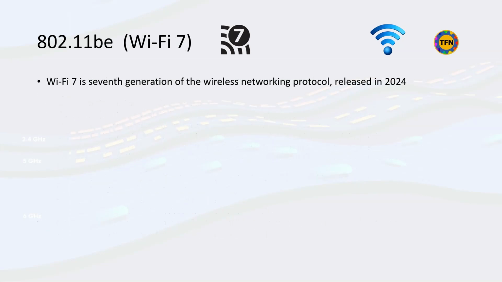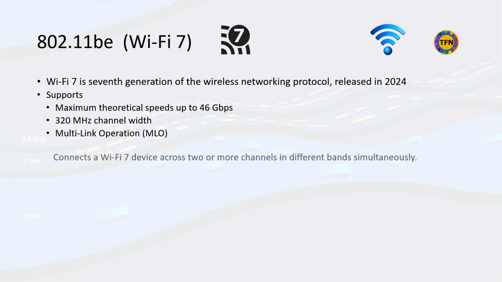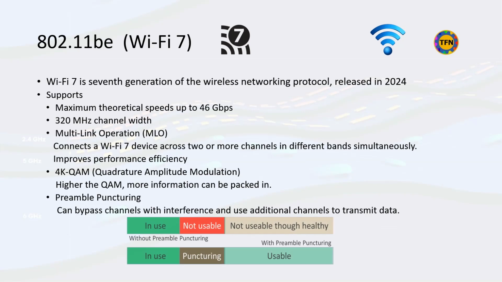Wi-Fi 7 is the 7th and latest generation of the wireless networking protocol, released in 2024. Additional features on top of Wi-Fi 6E set the Wi-Fi 7 standard apart from its predecessors. It supports maximum theoretical speeds up to 46 gigabits per second, 320 MHz channel width, and multi-link operation or MLO. With MLO, a Wi-Fi device can connect across 2 or more channels in different bands simultaneously. This is the first time a device can use 2 or more bands at the same time to increase speed